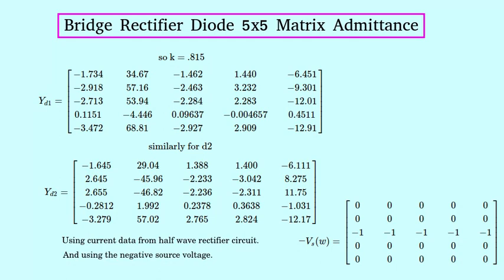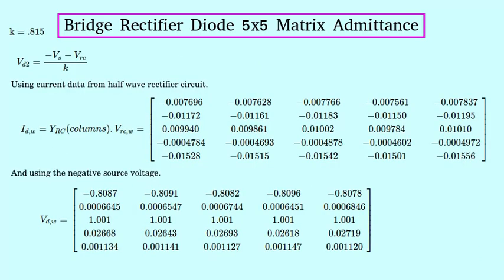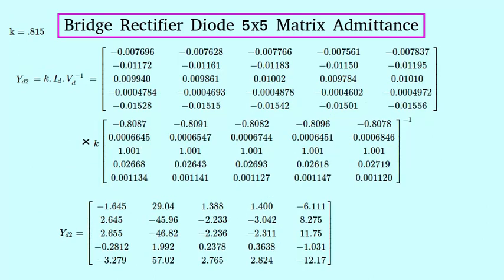We'll use a similar method to find the admittance for the second pair of diodes, but we'll use a source voltage of minus sine omega t, and we'll use the current calculated from the second half-wave rectifier circuit. Here are some of the calculations used to find the second diode admittance. And here are some more of these calculations, so that you won't get confused if you try to duplicate these